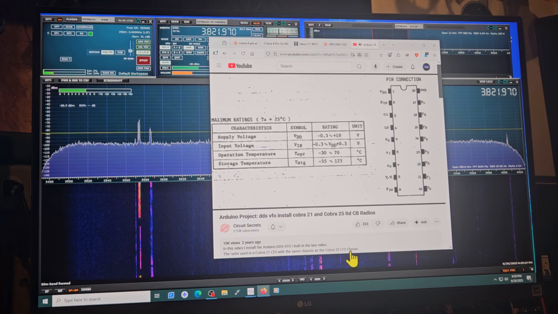The channel selector is connected to these pins. As the channel selector changes value, the PLL receives different binary codes called encodes or numeric codes. The higher the value, the higher the frequency, unless it is inverted, such as is the case with some PLL chips. A PLL chip takes these encodes and outputs a signal to control a variable oscillator called a voltage-controlled oscillator,